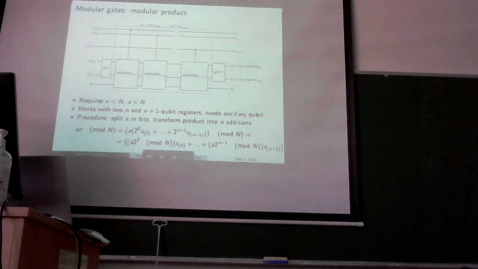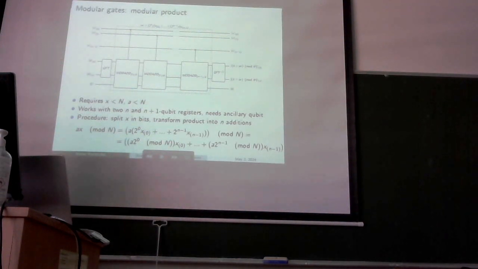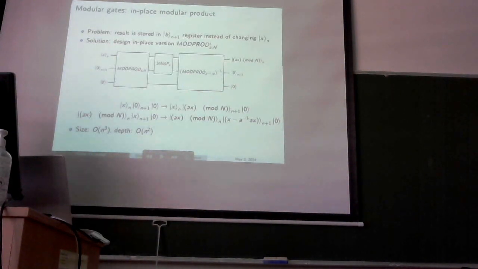So our goal would be for the result to be stored in the top qubit. So this is not really what we need. For that reason, we need to transform this gate into an in-place version so that the result is actually stored in the top register. The way we do this is by first applying the regular product, then swapping the n bits we are interested